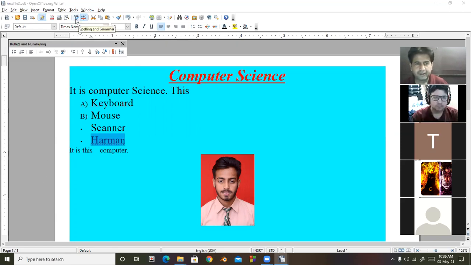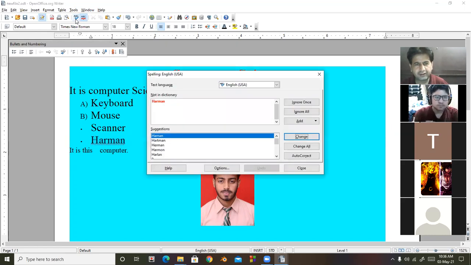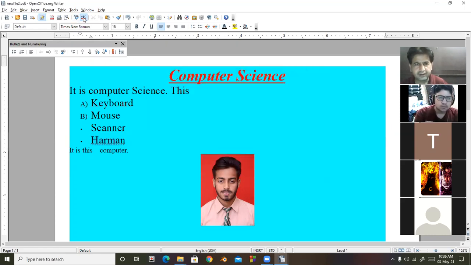If I click on spelling and grammar here, the red lines are called auto spell check. If I click on that, it will not show your errors. If I click on that again, it automatically shows the errors. This is called auto spell check in the standard toolbar. It means automatically it will check the spelling. It is a toggle button: you click on that, it will be off. Again you click on that, it will be on.